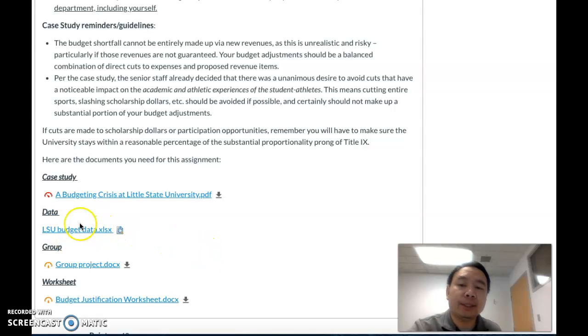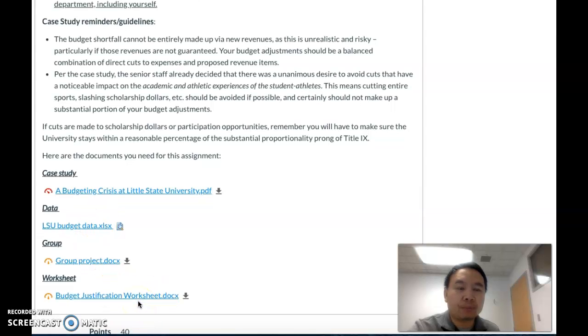One is the data file, these Excel files. So I would like to see how you cut the expense and how you increase the revenues to meet this goal. Second one, I would like to see the worksheet, and you will have to come up with the ideas, summarize all your ideas, and complete this worksheet. So you have to submit 2 documents, 1 Excel file, 1 worksheet document.